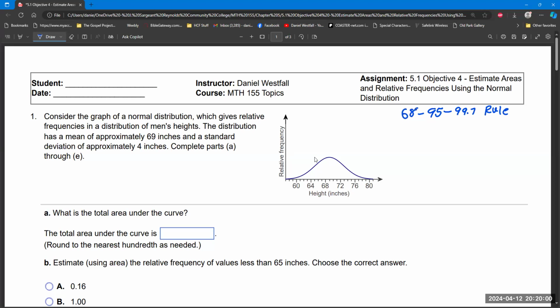And these are percentages. We'll be talking about this rule specifically in the next video, but I'm going to be using it this